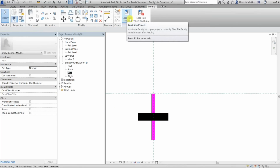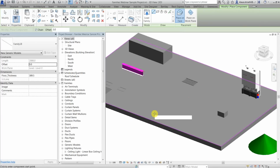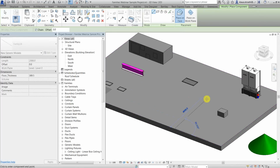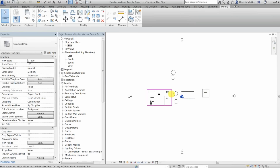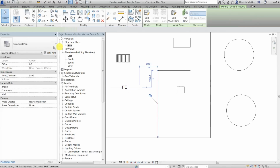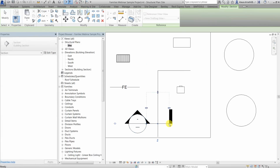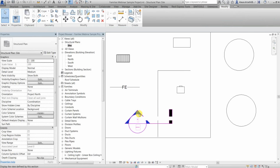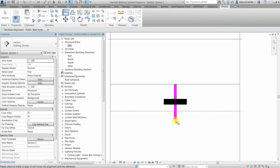But we don't have time, so therefore I say load into project, place it in my webinar sample project, place on face. Therefore I can just draw a line here, right? So hold down Shift key to make sure that it's 90-degree angle. Now I open my site view here, and this is my dowel joint family, right? Family 18. Create a section, and what pops up when I cut through that line is my dowel joint. I can now align and lock it to,